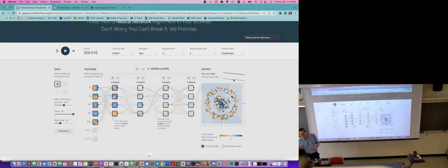Test loss, and the gray one is the loss on the training data set. The test data, so you see this is the training data set. If you click now on this thing, it also overlays a test data set, which will be a different sample from that same instantiation. They all come from the same general setup.